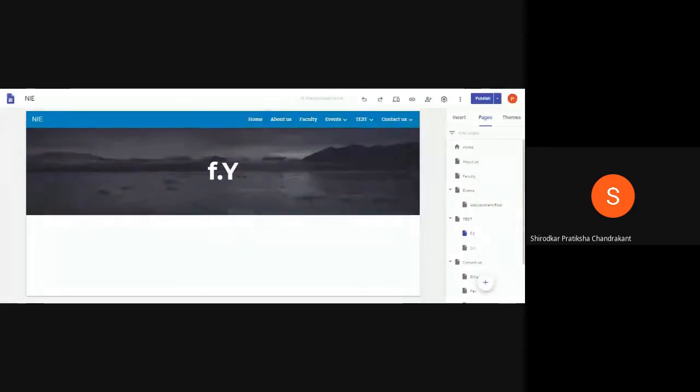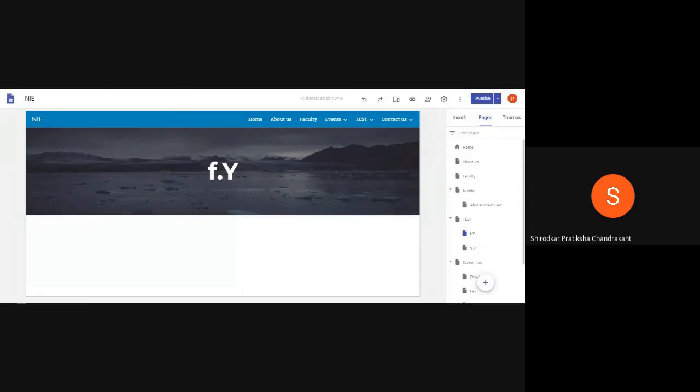So I think this is the best way by which we can make use of all these Google apps, which are available free of cost. Nowadays, we are running after apps and various options for which we have to pay, but we are not focusing on those available free of cost. Google is providing us with so many apps. These are only three which I have focused on during this webinar, but there are various other apps which we can use for improving our teaching learning process, which can make our job much simpler and easier and also very interesting for the students.